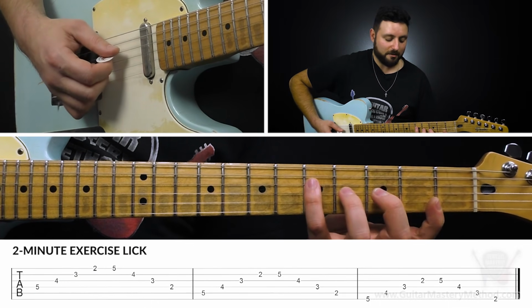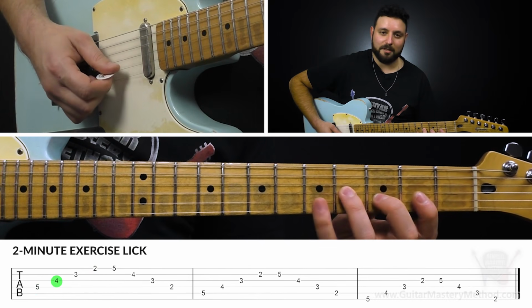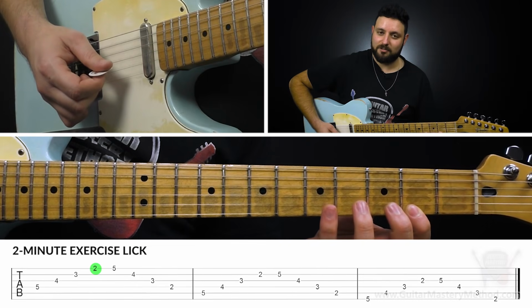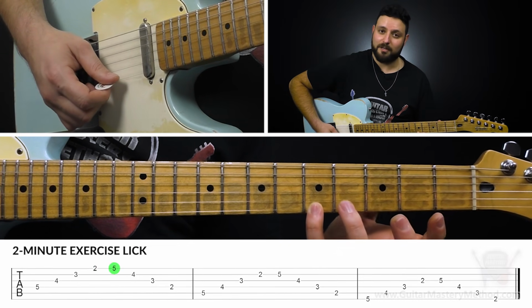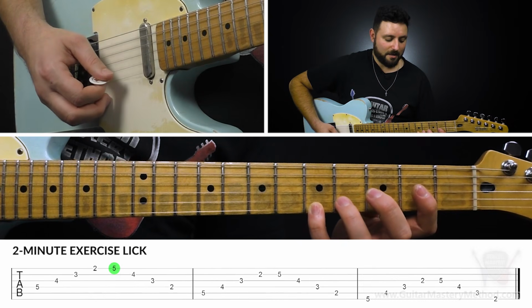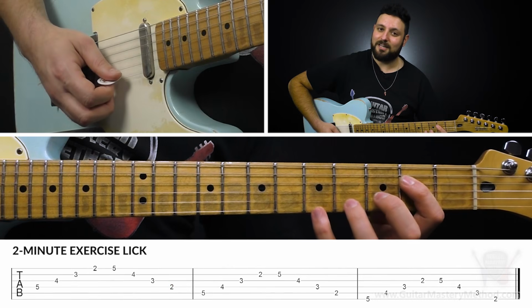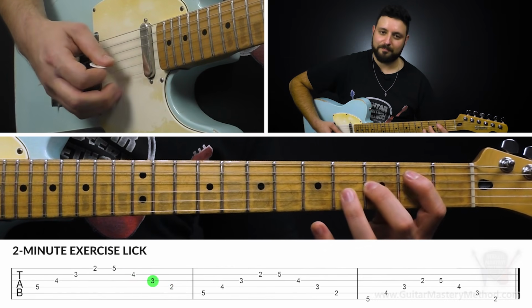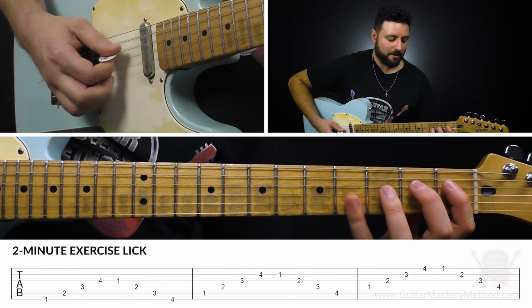I'm numbering the frets here. 5, 4, 3, 2 from the D string, G string, B string, and high E string, right? Then we're going to play the 5th fret of the high E string with our pinky, and we're going to go 5, 4, 3, 2, and we're going to climb up the stairs, right? Going that way. So just to show you how they connect, once we're here,